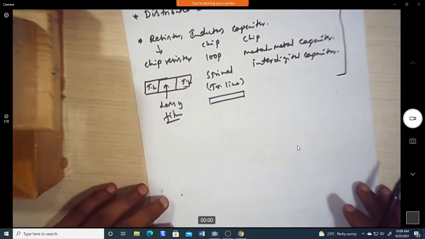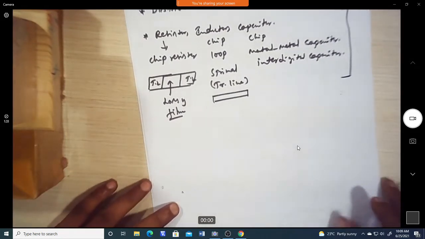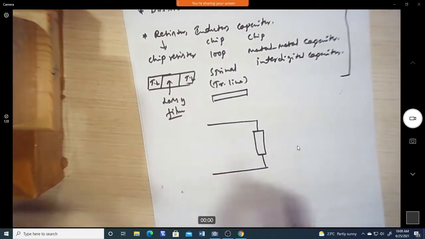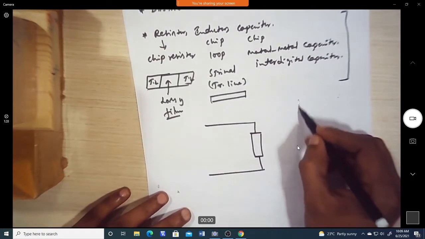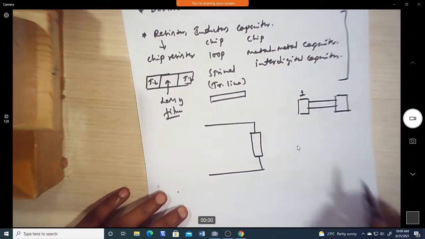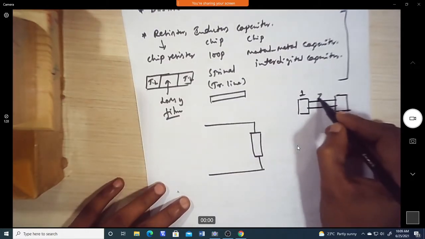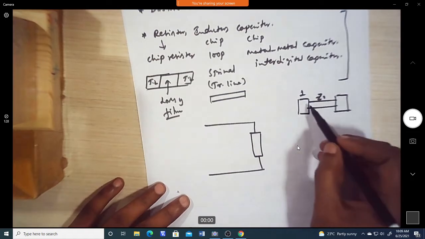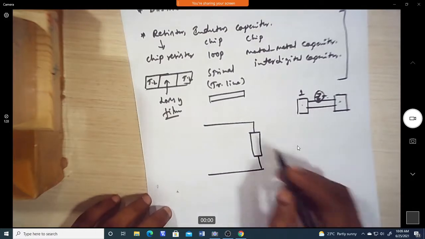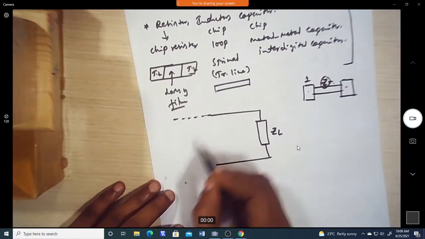So now, as we have discussed, whenever we have to match between a load element and the source, let us take, whenever we have in the circuit one device to another device, in between a transmission line is running. The connection wires in the circuit will be a transmission line, which always has the characteristic impedance Z0. Whatever this device is, we need to match it to this impedance. So now let us take some impedance which is ZL, connected to the transmission line.